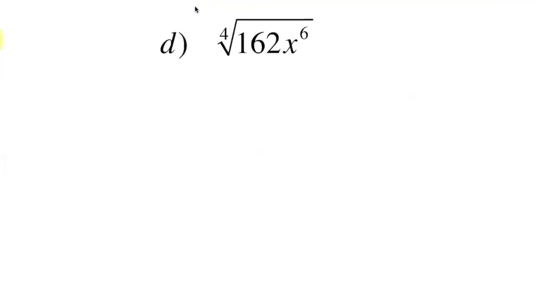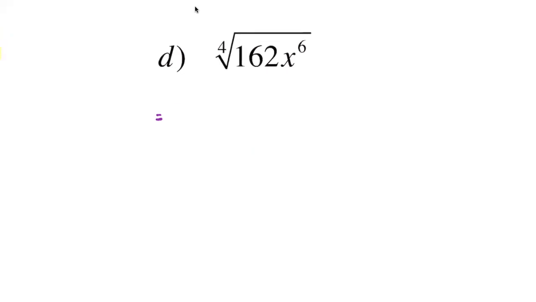So if the index is the fourth, meaning the fourth root, we're trying to find factors within 162 that are perfectly fourth rooted. There's perfect square, perfect cube, and then perfect quad. I don't know if that's the actual name for it, but that's the goal: can we find 4 factors that multiply together within 162, so we can take the fourth root of that